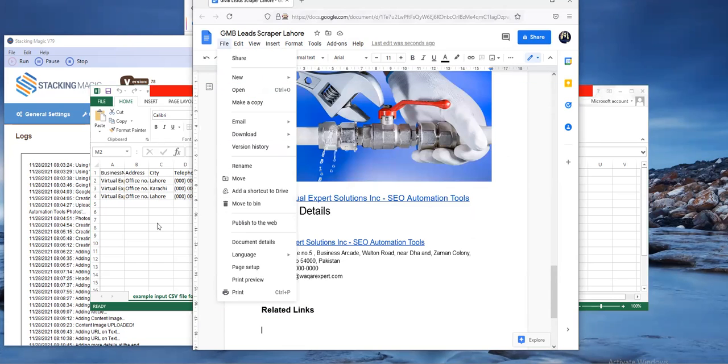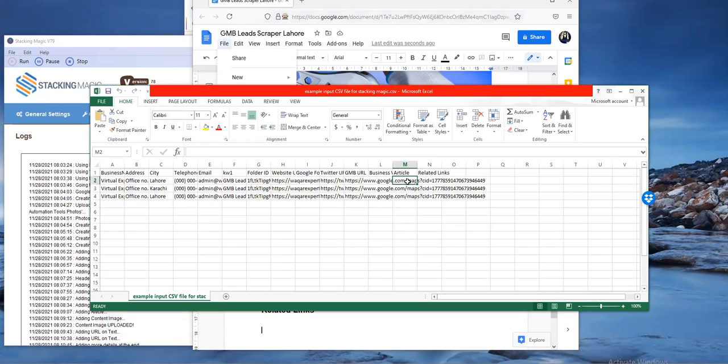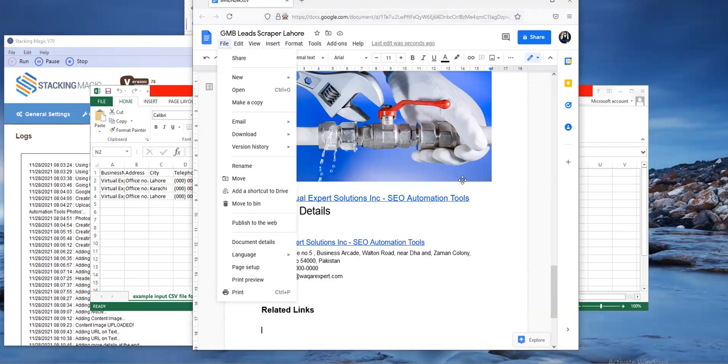I think the old file that we made inside the second video is not saved. That's why it doesn't have article and business URL. Anyway, you just have to make sure all of the columns are filled up perfectly. The related links that we added inside our second video are also not there, so that's why it's not adding the links. Anyway,